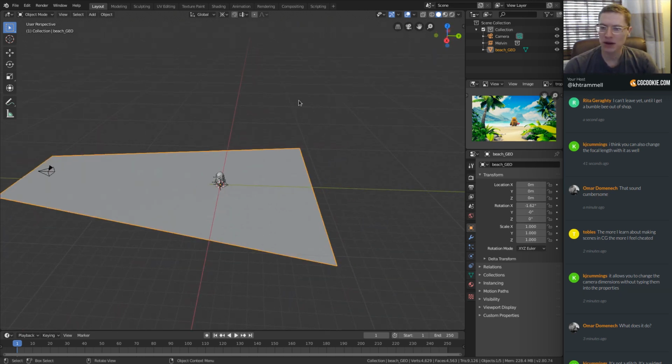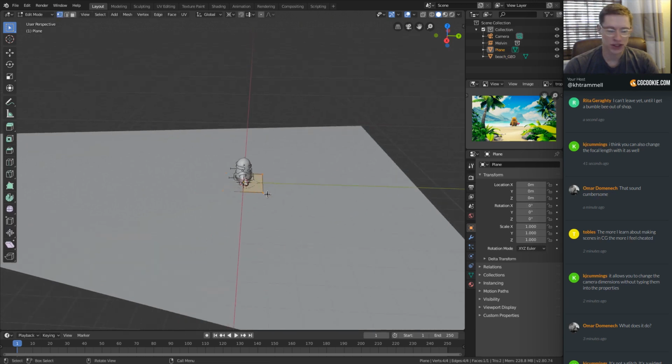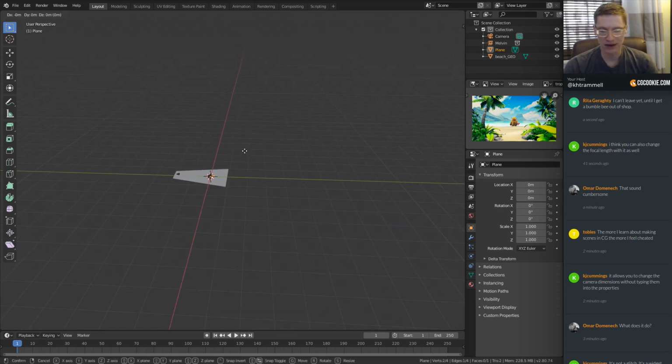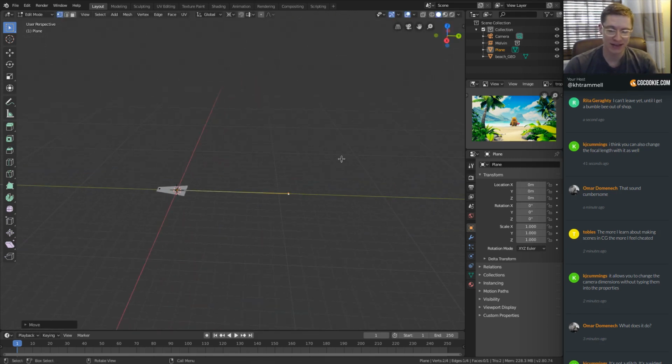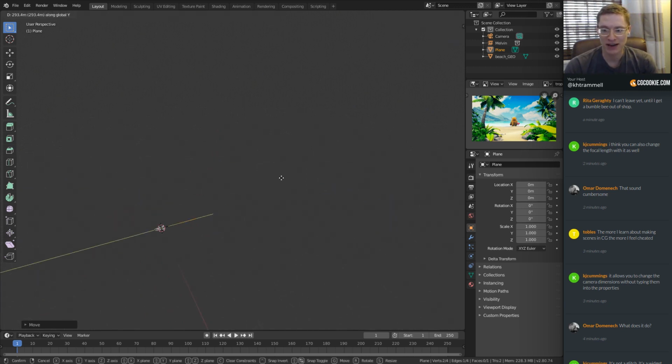All right, so now let me add another mesh plane, and this is going to be the ocean. So this brings up the concept of scale and exactly how big is the scene. Now, I'm not going to go to the trouble of measuring a realistic distance of the ocean to the realistic size of islands in the background. I'm again going to try and walk the line in the middle. I am going to make the scene pretty big, so I'm just kind of eyeballing how big the scene is,